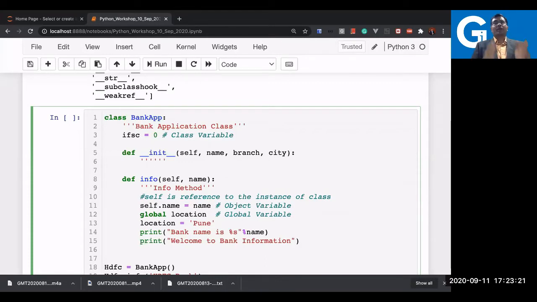So be careful while typing the Python script. Now here I'm writing a docstring to initialize the bank application class. This is what our objective is.